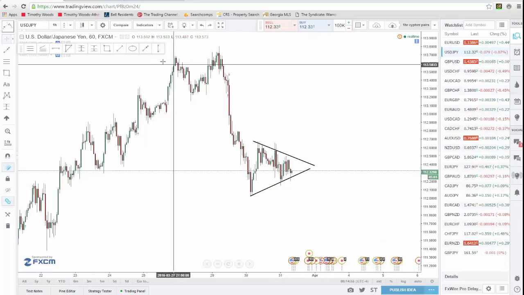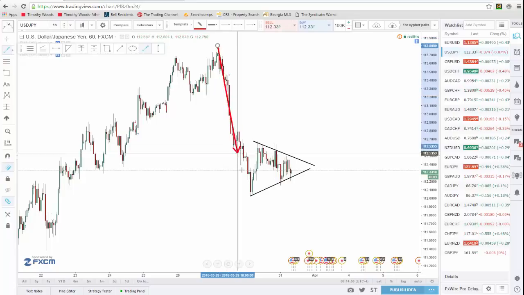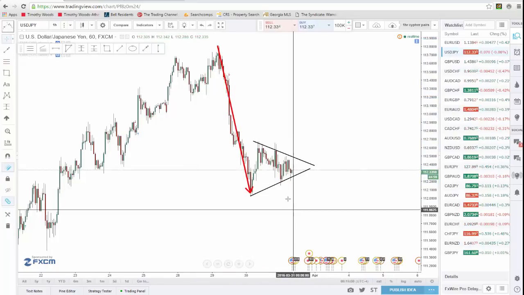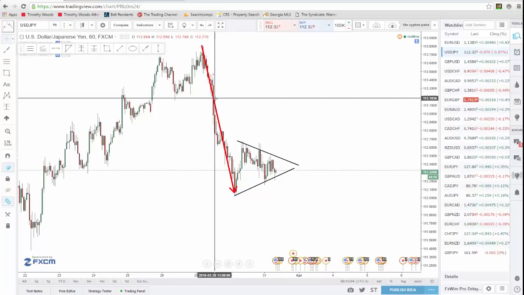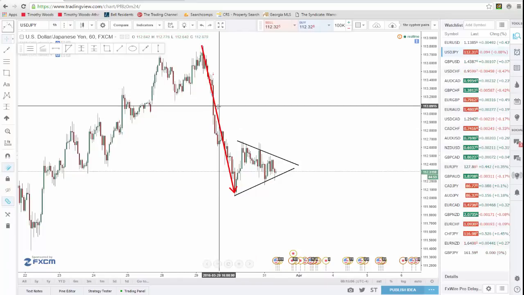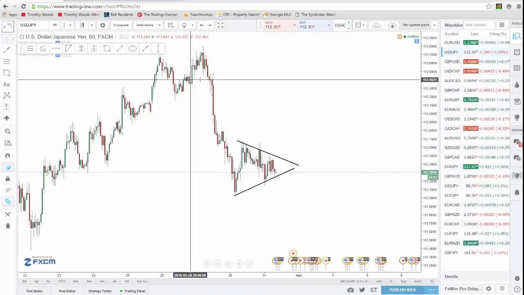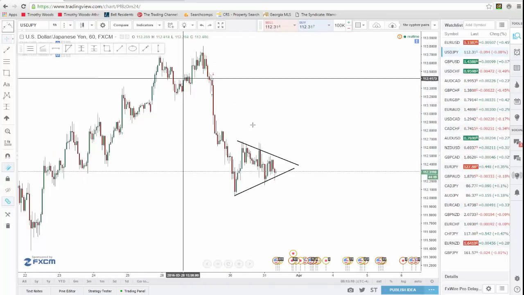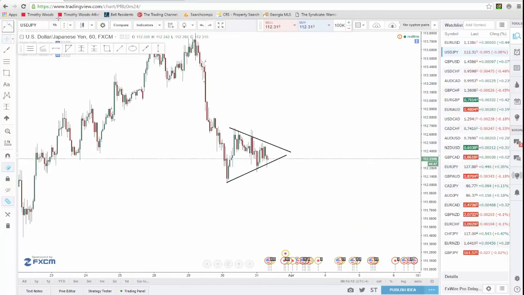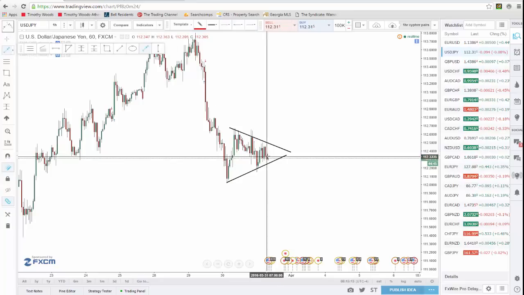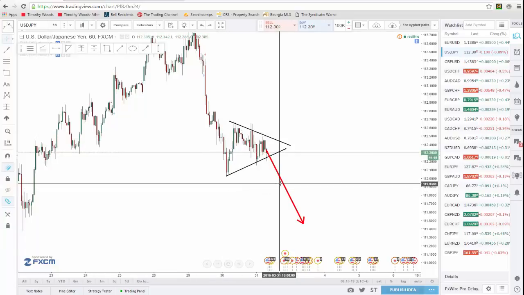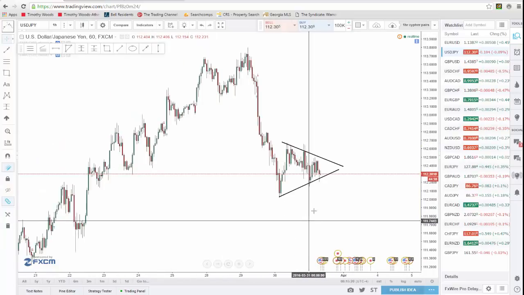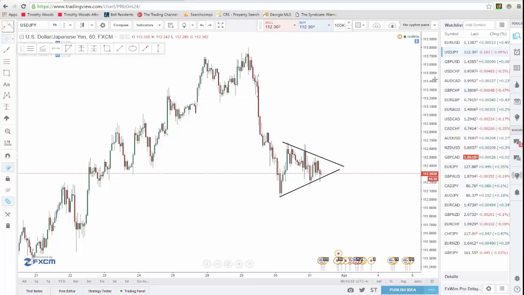But essentially what I mean by that is this impulsive move here means that we could possibly be heading further down. The market a lot of times moves in these impulsive moves, so we'll get impulsive moves to the down or upside, followed by small periods of consolidation and another impulsive move to the down or upside, depending on the underlying trend. So enough about that. That's what I'm looking at on the dollar yen.